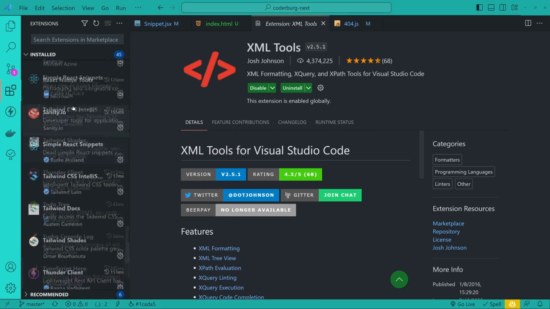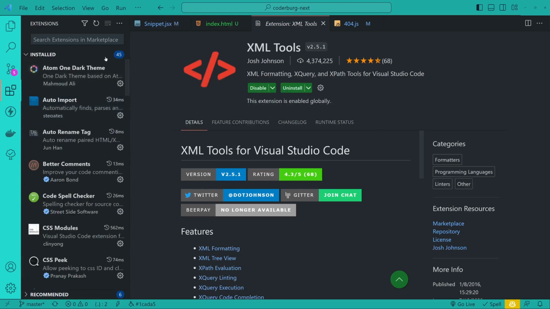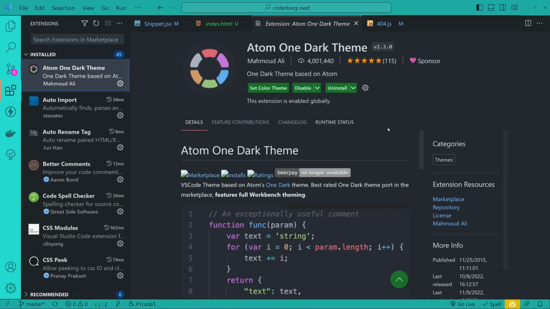So yeah, that's that. Those are 44 initially and 1 additional in the meantime. So 45 extensions that I suggest you do use in 2023, especially if you're a web developer, to increase your productivity tenfold. If you have any more,